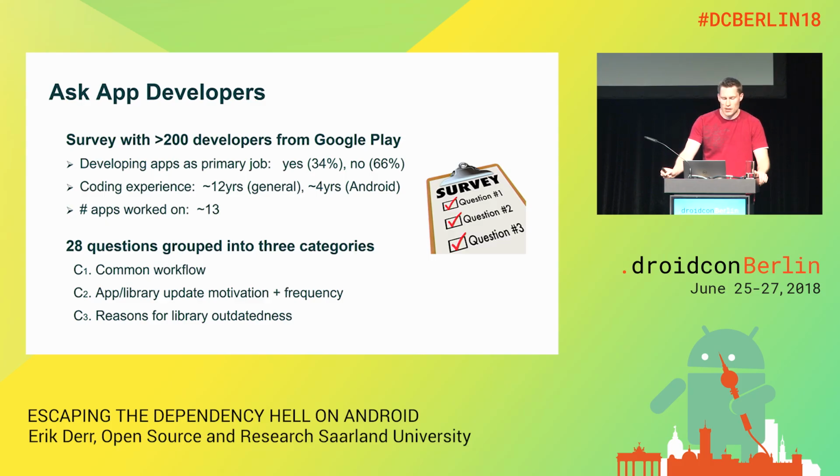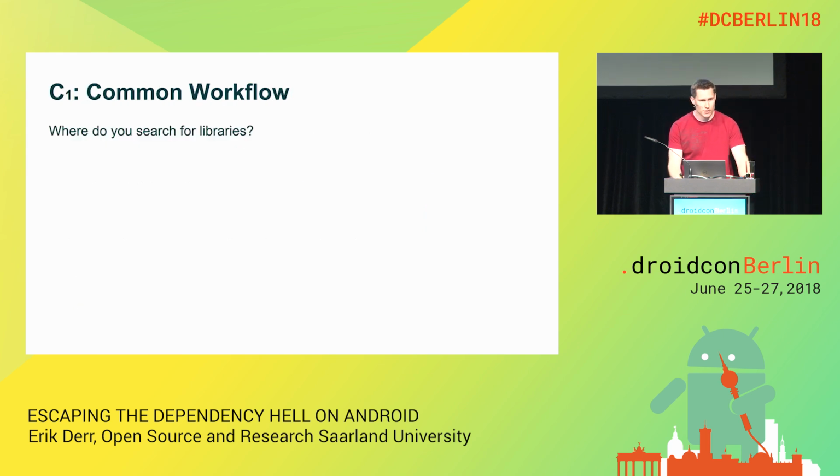So the questionnaire contained 28 questions that we grouped into 3 categories. Basically, we started with, okay, what's the common workflow? Where do you search for libraries? How do you integrate them? Then we asked about the motivation and frequency of app and library updates. And finally, we directly asked them, okay, imagine your app contains outdated libraries. Why would that be? So in the following, I will guide you through the highlights of this survey, starting with